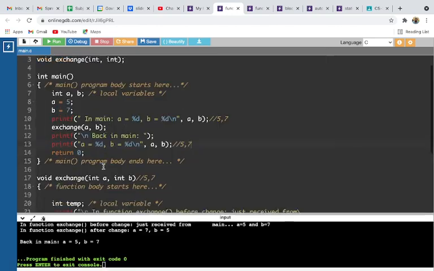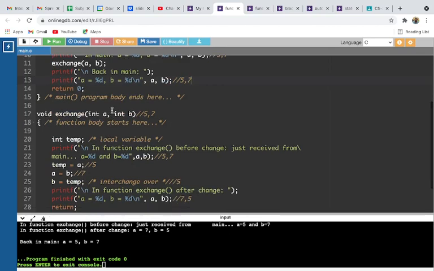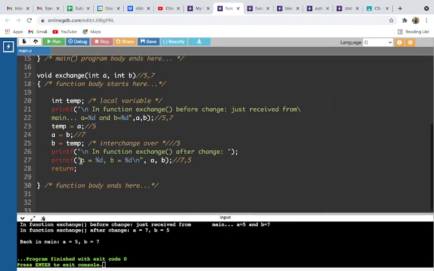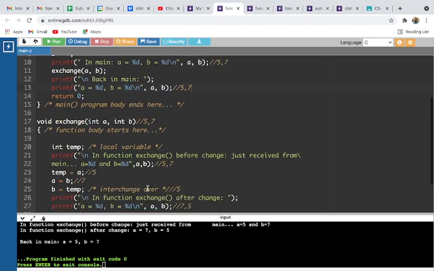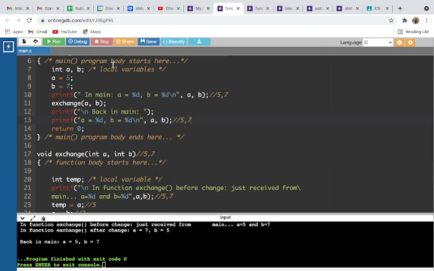So that is the lifetime of this variable A and B. The lifetime of A and B ends inside this function. Since it's a local variable, the lifetime or scope of the variables A and B is within this function only. So it won't be visible outside the function. That is known as the scope of the variable. Since local variables have local scope, they are visible only inside this function, and similarly these A and B are visible only inside their function. That is why this exchange is unknown to the main function.